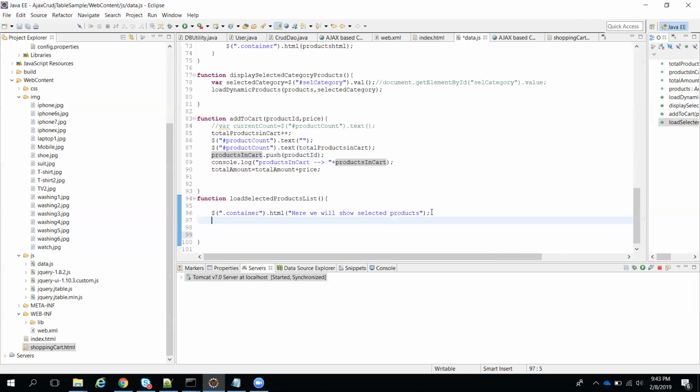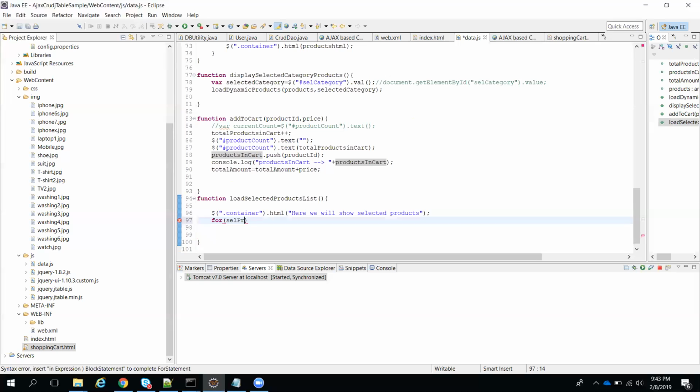So now what I'm going to do is, for this products id in cart, a for loop. Now we need to loop. For the index I will give selected product index, SEL PR.